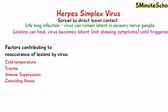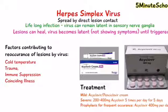Medication used to treat mild forms of the lesion can be topical acyclovir or penciclovir cream. If the infection is more severe, acyclovir is usually prescribed as an oral medication with the dose ranging between 200 to 400 milligrams 5 times a day for 5 days. Some patients who have frequent reoccurrence of the virus can take acyclovir as a prophylactic or precautionary dose at 400 milligrams once daily. However, this needs to be prescribed and authorized by